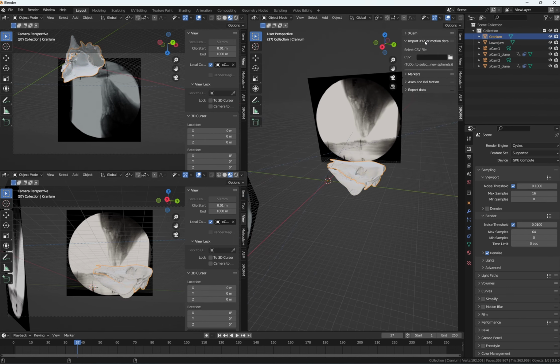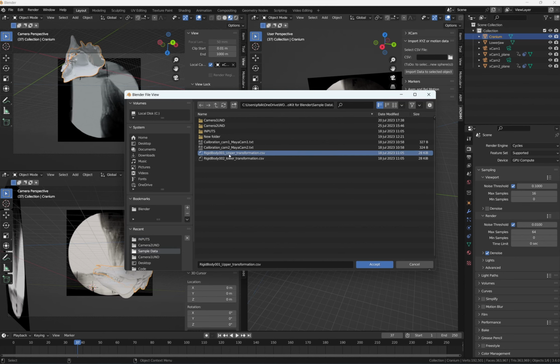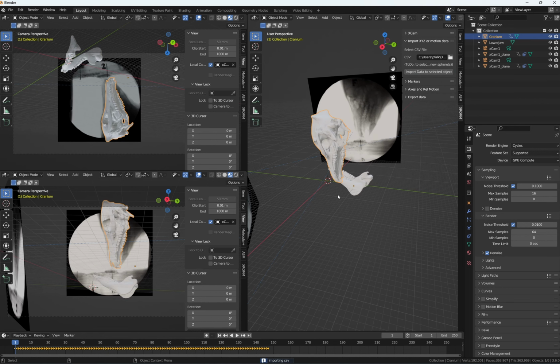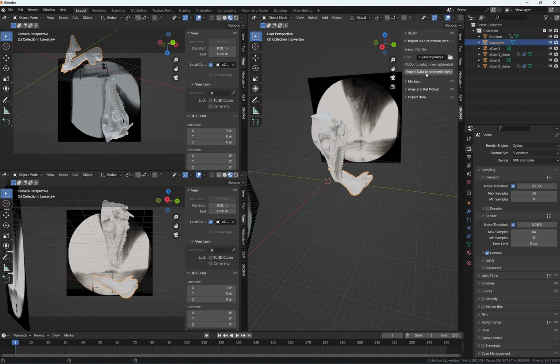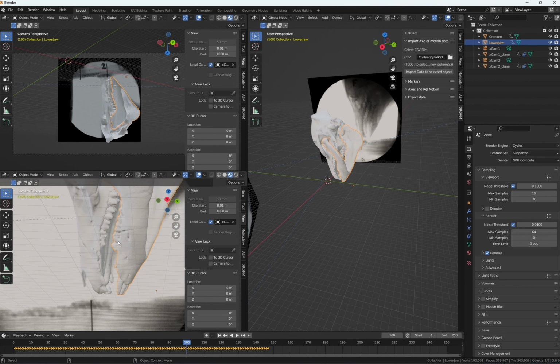And so we select the cranium, we go to import XYZ or motion data. We select our rigid body transformations that we've exported from XMA. Import data to selected object. I will implement in the future importing that data to spheres or new objects. We'll figure that out at the time. And then let's grab the lower jaw. Let's select the lower transformation, import that data, and lo and behold, everything's moving as it should, and it's aligned